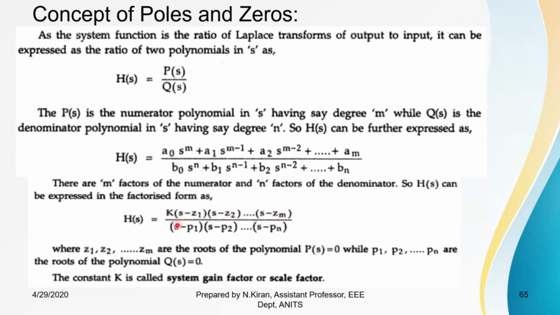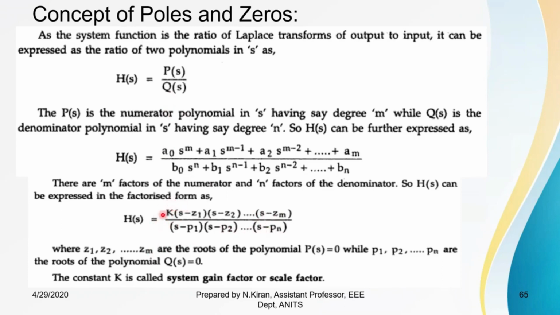Similarly, the denominator can be written as (s minus p1) into (s minus p2), and so on till (s minus pn), where z1, z2, and so on to zm are the roots of the numerator polynomial P(s), and p1, p2, and so on till pn are the roots of the denominator polynomial Q(s), and K is a scale factor